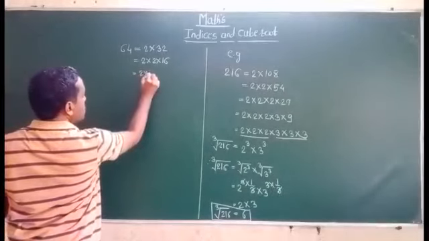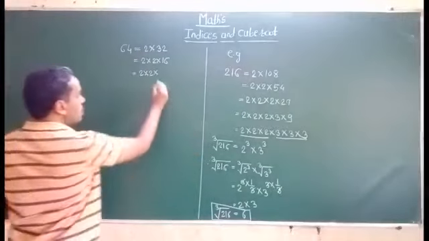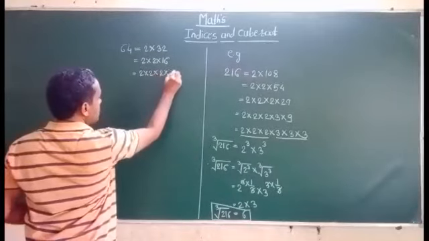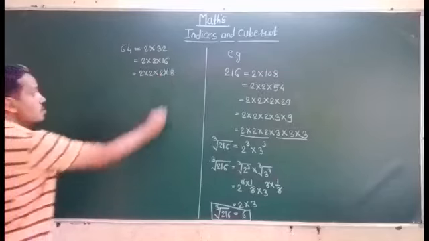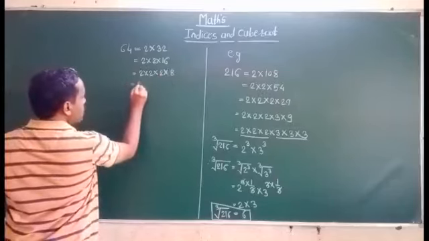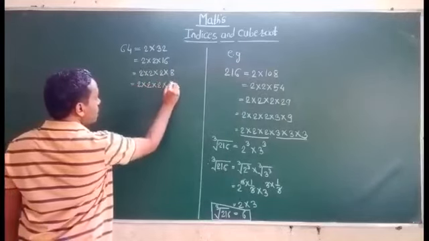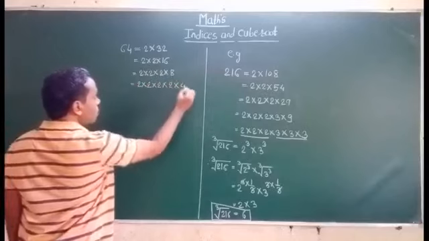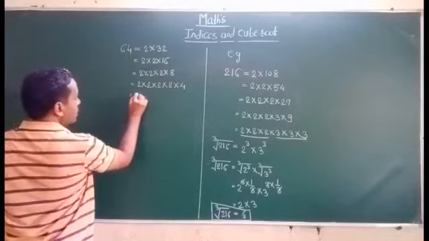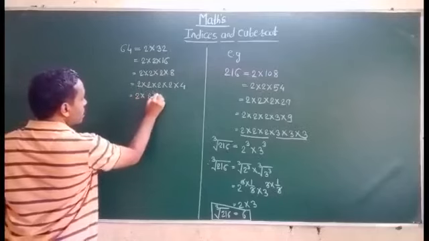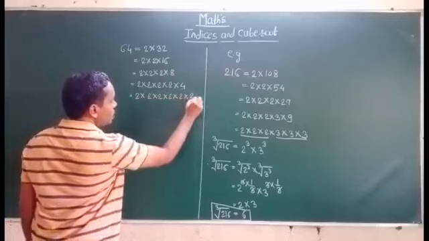We again split up that 16 in a two-number product form. We get the answer 2 8s are 16. So we again split up that 8 in a two-number product form. So 2 4s are 8. We again split up that 4 in a two-number product form: 2 2s are 4.